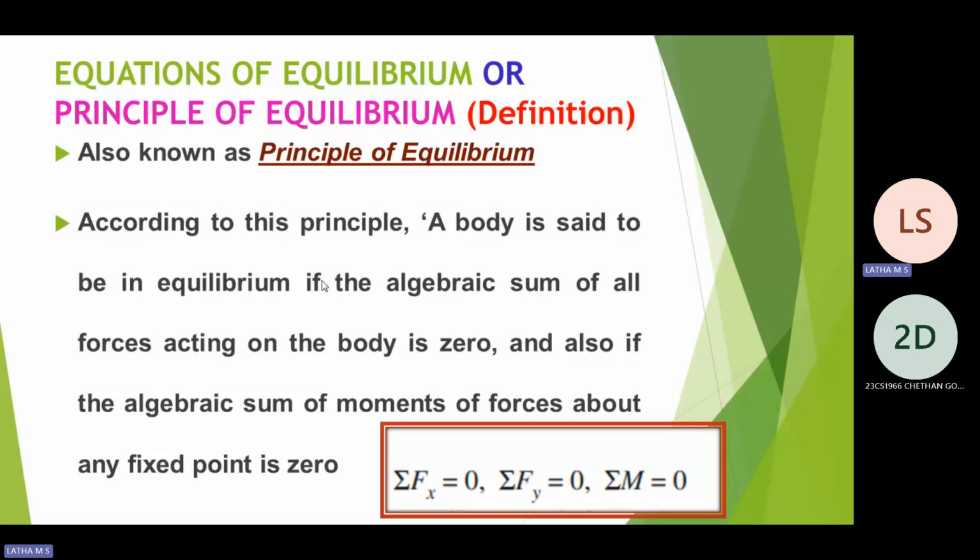Now, actually, principles of equilibrium or equations of equilibrium, there are many other ways. When equilibrium comes into the picture, there should be 3 equations coming into your mind. Sigma Fx equals 0, sigma Fy equals 0, and sigma M equals 0. This is only for equilibrium.